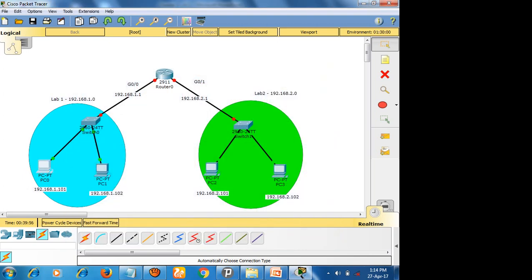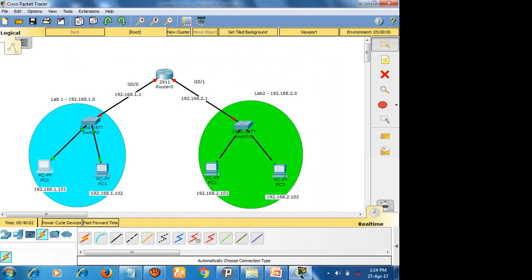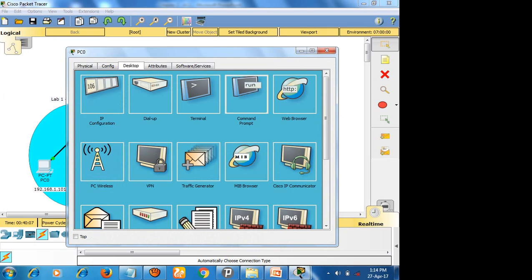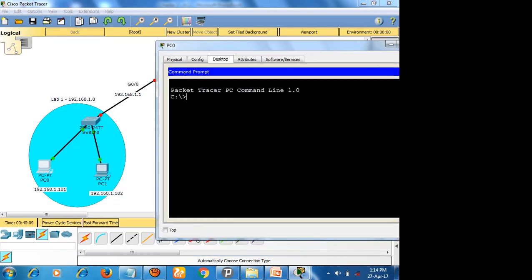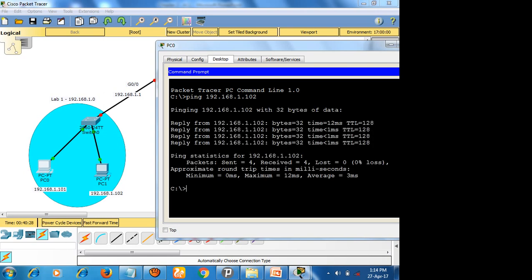Okay, so look here. Still I did not configure anything on the router, right? So if I ping from 192.168.1.101 to 102, okay, I got a reply.